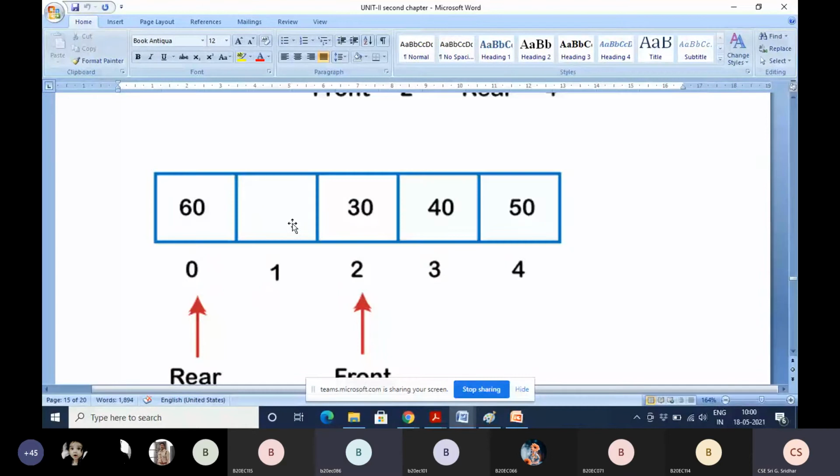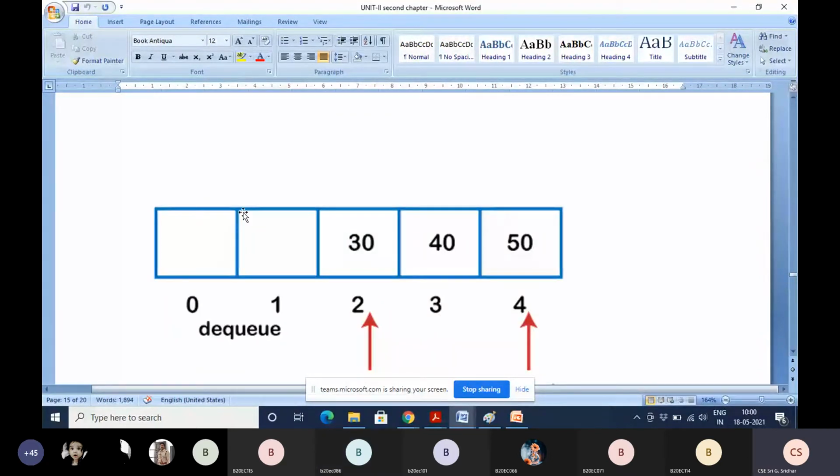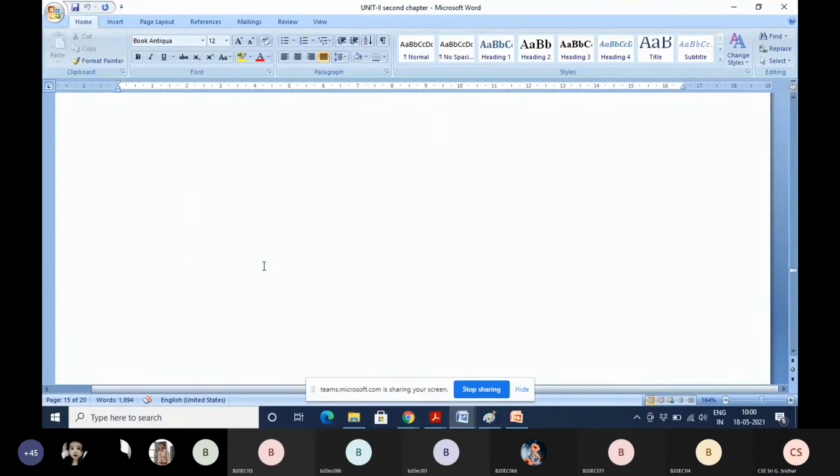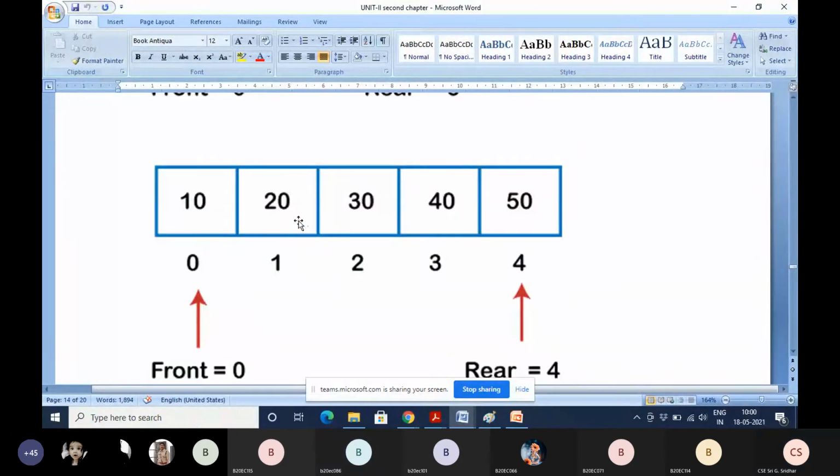No, yes, this is actually because of the two deletions that you performed here. Because of the two deletion operations, there are two gaps. Rear comes here after you performed the DQ operation 2 times.